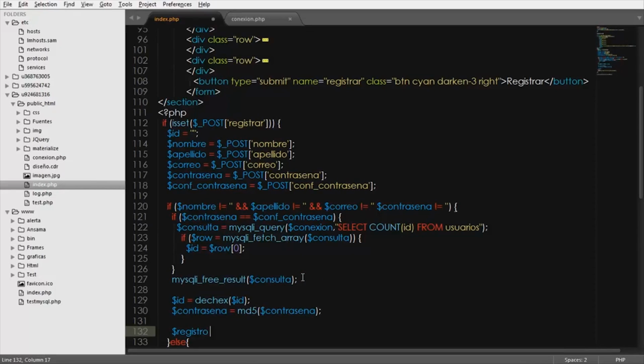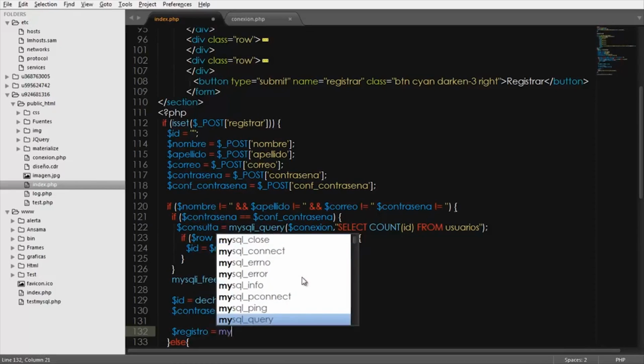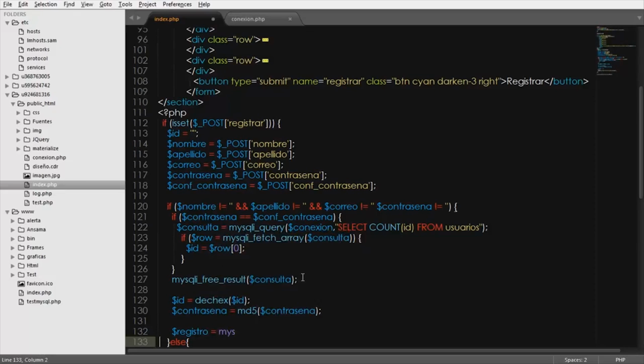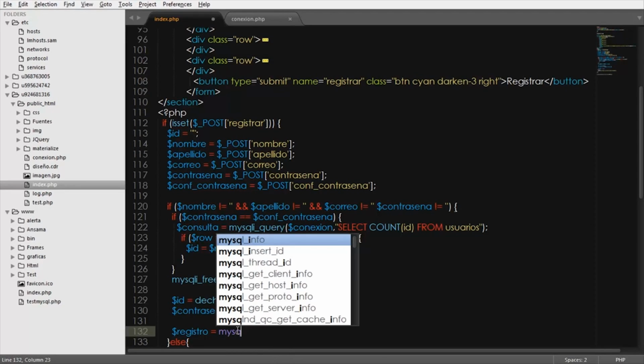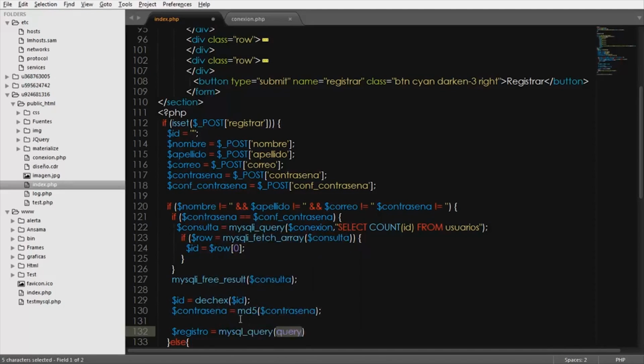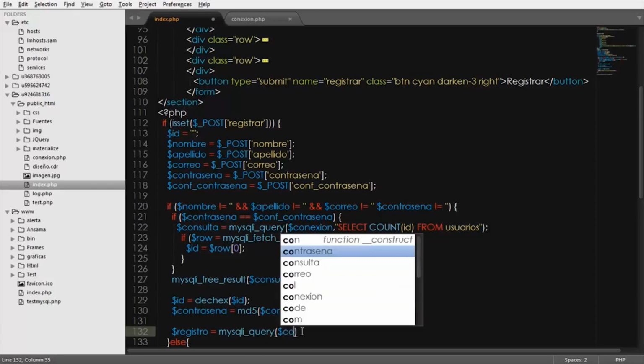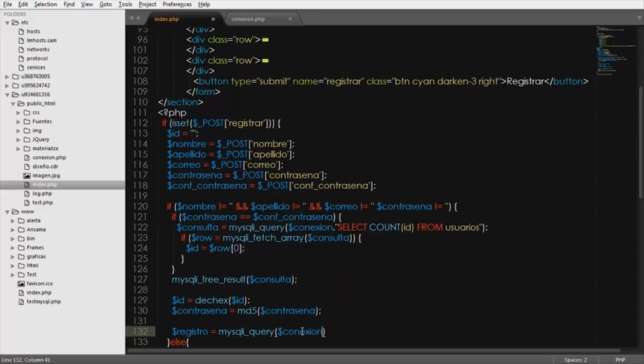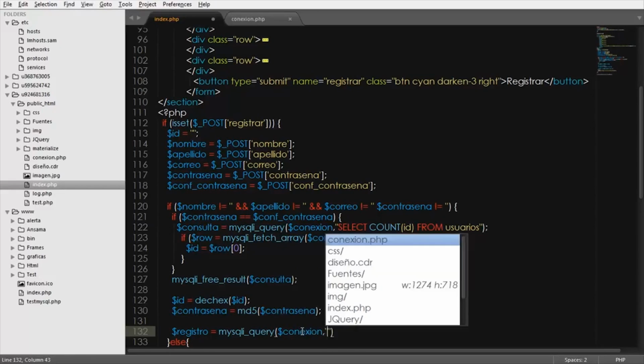We put register equals to mysqli_query, and we put here the connection, comma, and then